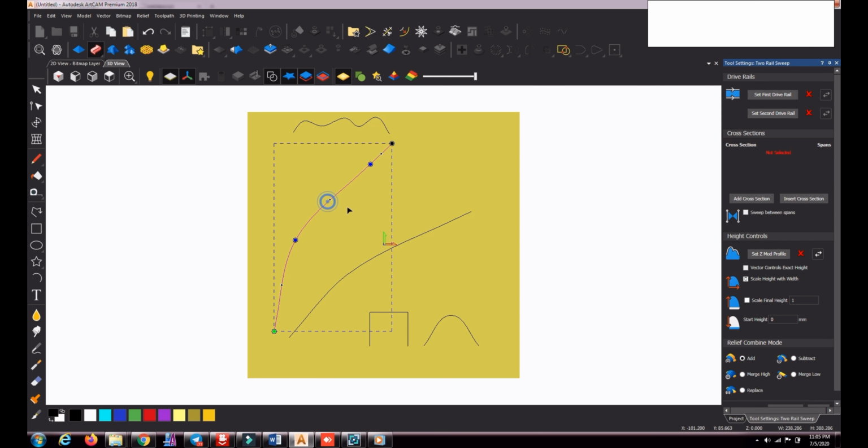So I am going to select this first one as the first rail and the second curve vector as the second rail. We have to make sure that both are in the same direction. On this vector and this vector, both the arrows are in the same direction. If it is not, you can click this and reverse the direction. If you click, the direction will be reversed. That way we can make sure that both are in the same direction.